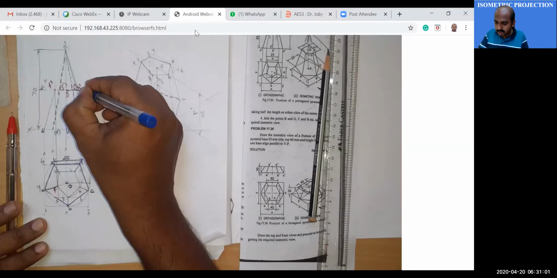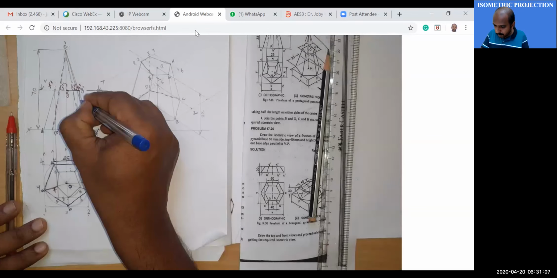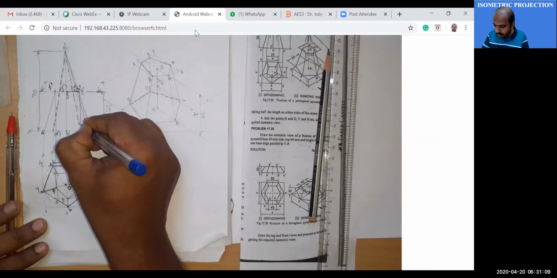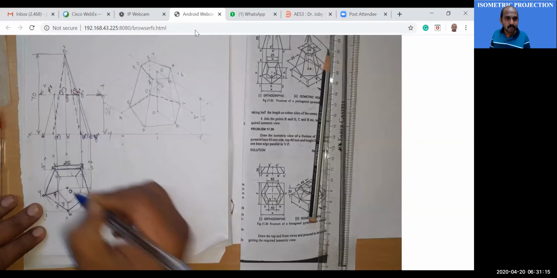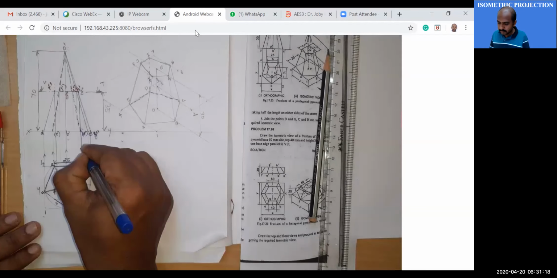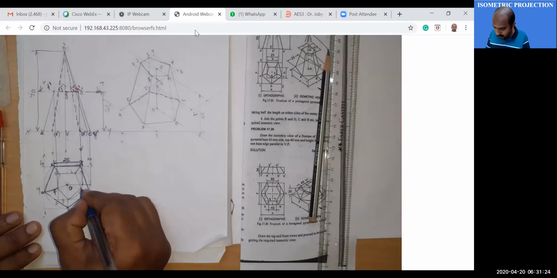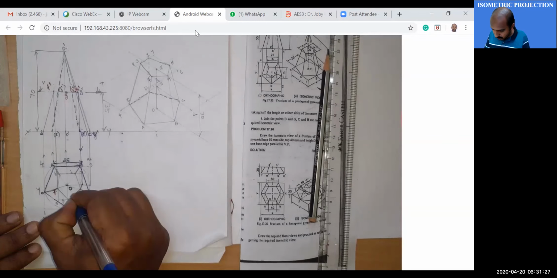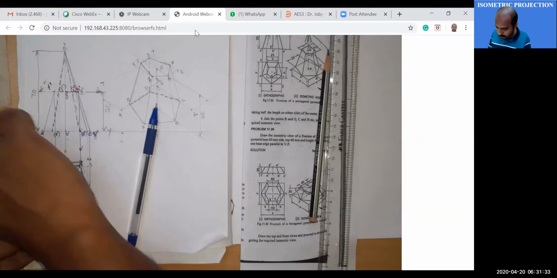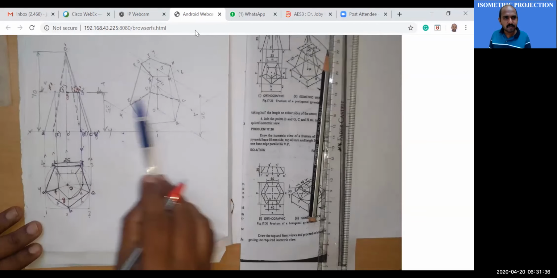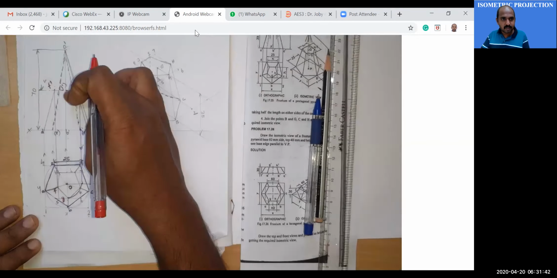So this is your G double dash. From that G double dash, drop a perpendicular to the line which is parallel to your XY line. Then from there, you rotate, and it will meet your OB line at that point. That point is your G. It is the same procedure as we discussed in the section of solids. The cutting point is just above the XY line.